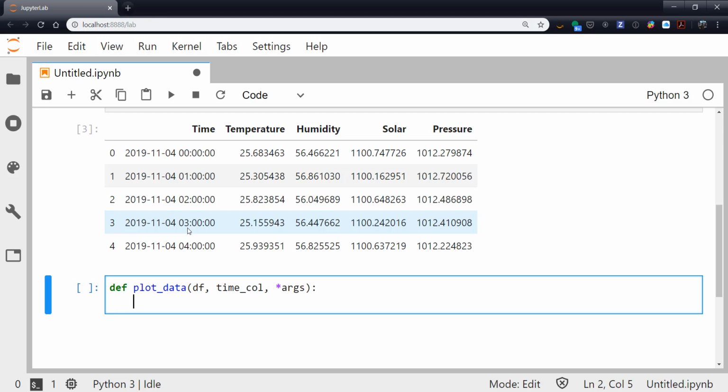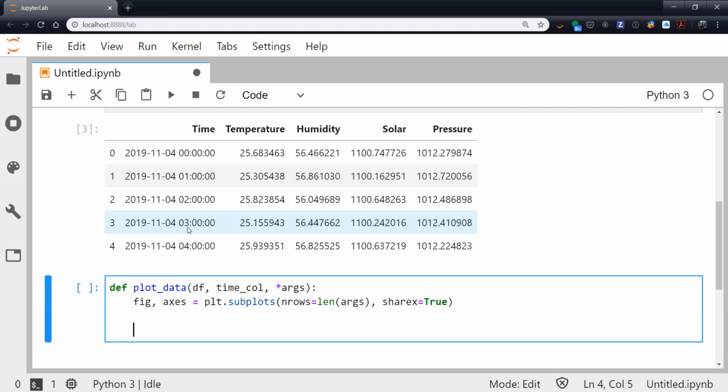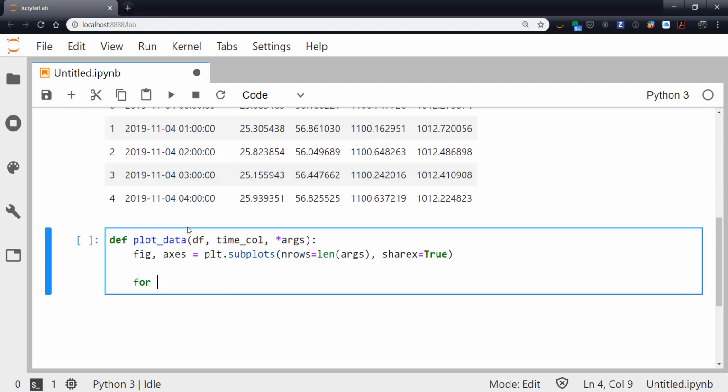Okay, so in my plot_data function, I'm going to create a figure and an array of axes using plt.subplots. Rows is going to be len of args. So args is going to turn into a tuple of the arguments that our user passes us. I want them to share x, since they're all going to have the same time axes. Then I'm going to use the enumerate trick that we've used in a past MetPy Monday. So I'm going to say for i, arg in enumerate args,